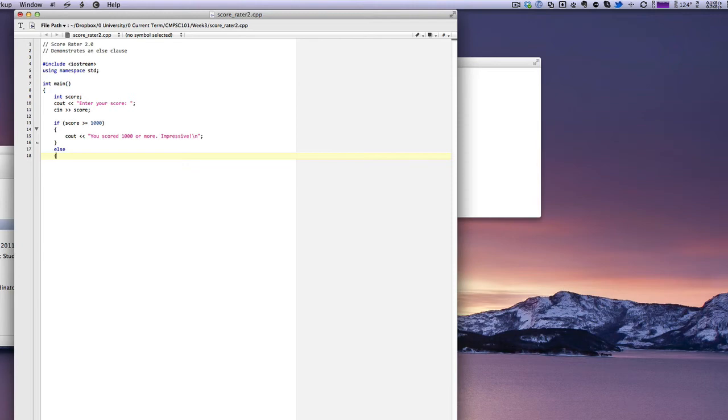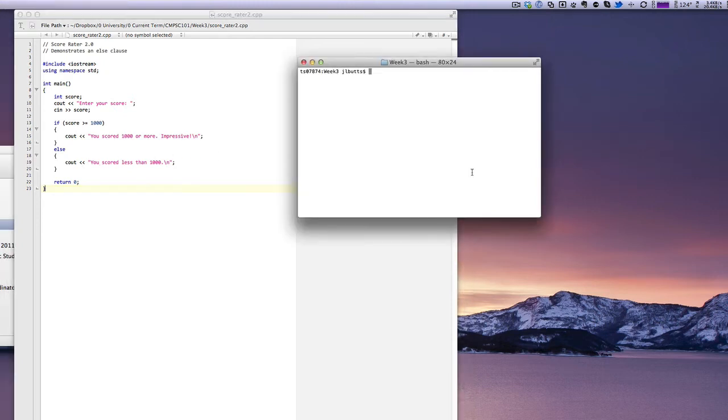This will only be executed if their score is not greater than or equal to 1,000. Return 0 to end our main function. Close out our main function,